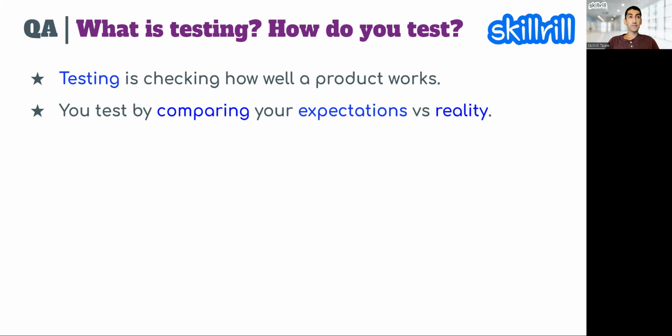So now think of the return period you get from Amazon. Why do you think that is? And what exactly are you doing during that return period? You were testing, right? You took that product, you're testing, and then you're comparing your expectation against the reality. And if that matched, then you were like, okay, this is good, I'm keeping it. If it didn't match, then you're going to write a bad review and return it, right? Give it 3 stars. So this is how you were actually performing the testing.